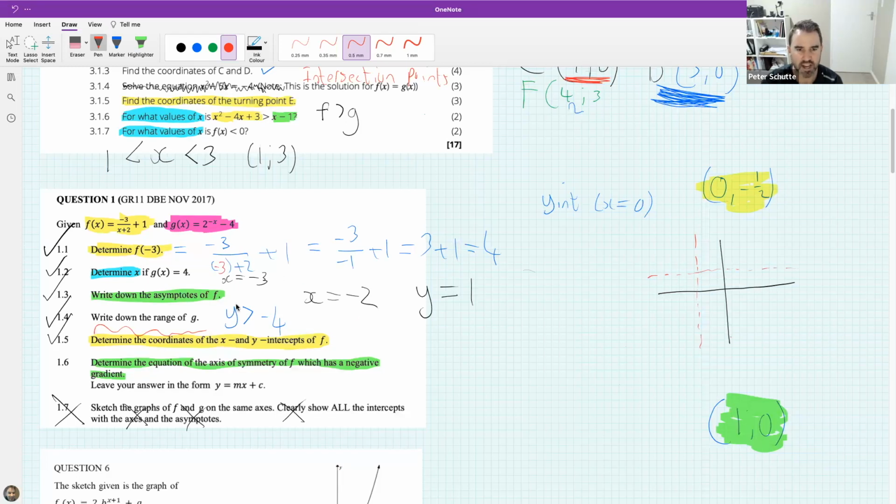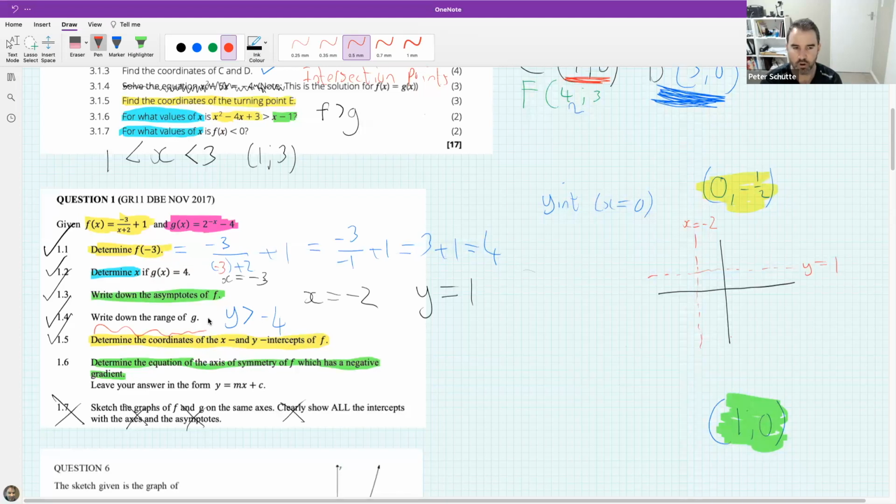Okay, so if you think of the asymptotes, the one asymptote was x equals -2. The other asymptote was y equals 1. Give me a thumbs up if you follow. So I'm trying to visualize this hyperbola. I've worked out where its asymptotes were earlier in the question. So are you okay with me saying I'm using x is -2 and y equals 1 on this little scale drawing over here? Okay, now